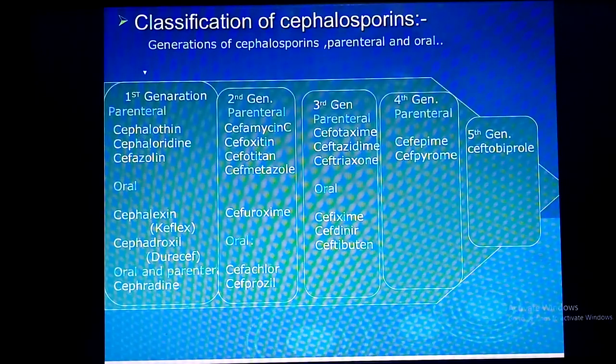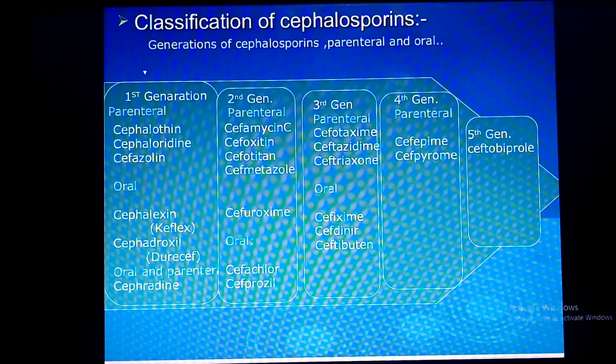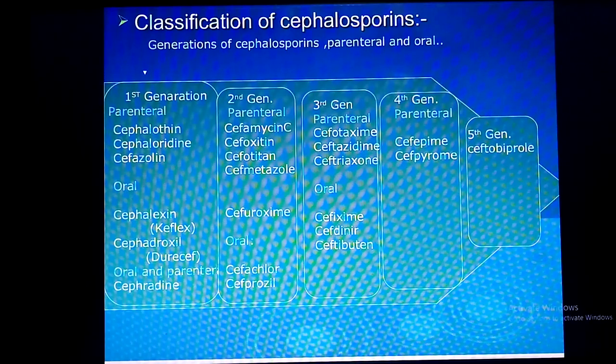And this is the classification of cephalosporins, generations of cephalosporin, parenteral and oral. This is just the classification of cephalosporin. So in first generation, look here, parenteral cephalothin and cephalosporins, and cephazolin. While orally available are cephalexin, Caplex and cefadroxil, which are available by the trade name Duriceps, oral and parenteral Cyprodin, while in second generation parenterals,